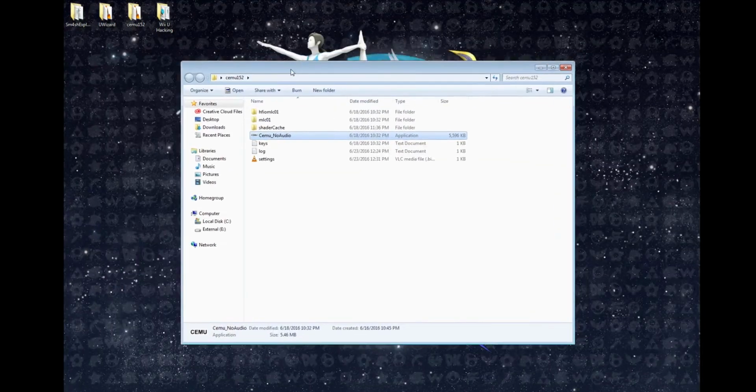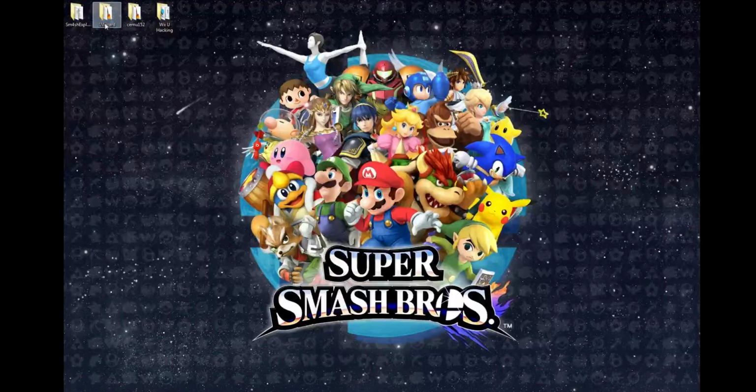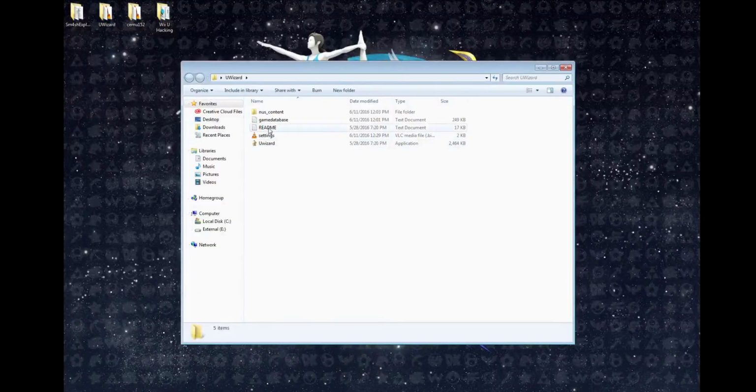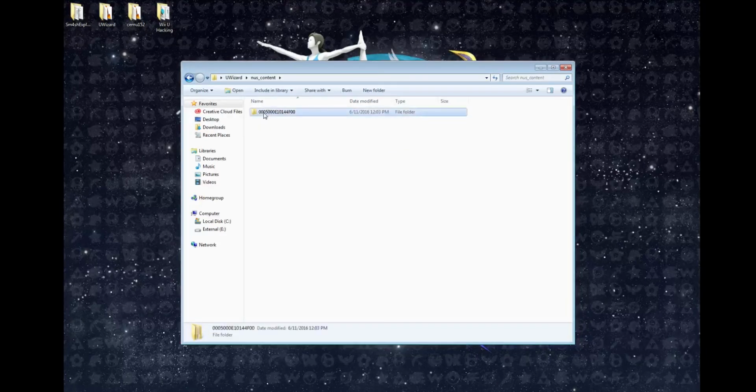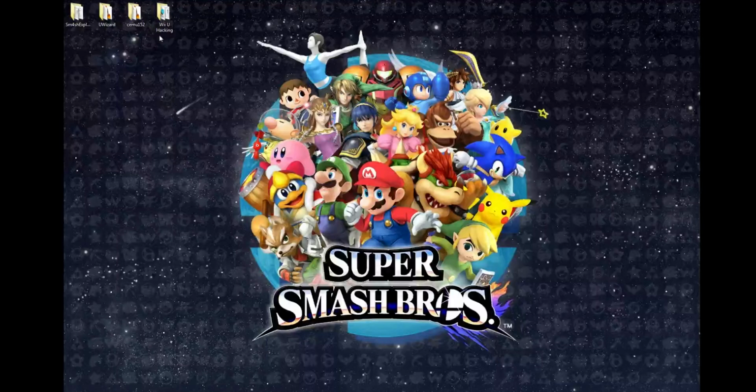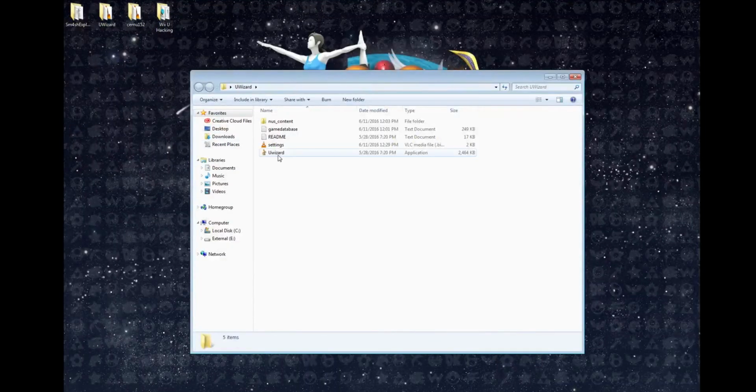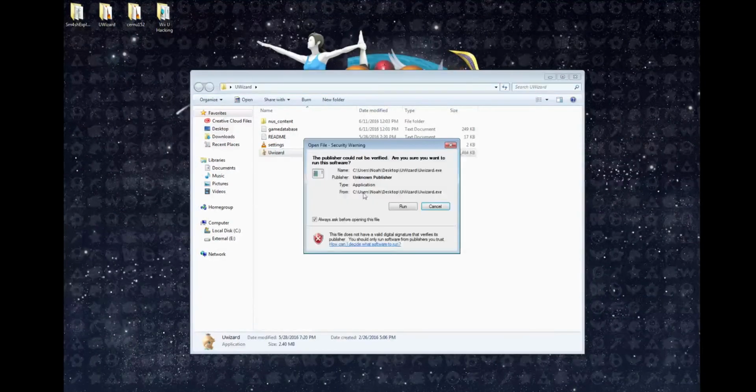So now we're going to move on to using the dump for hacking, or for mods. So for uWizard, I'll include the link in the description. You have to download uWizard and Smash Explorer. So that title key is what you're going to need to memorize or just write down or have in your clipboard. So open up uWizard